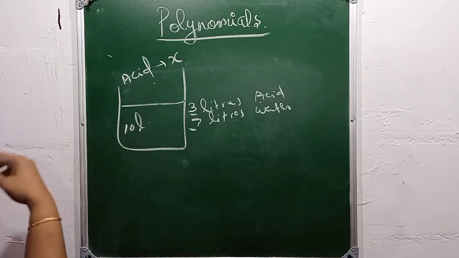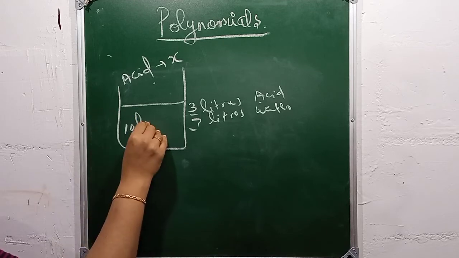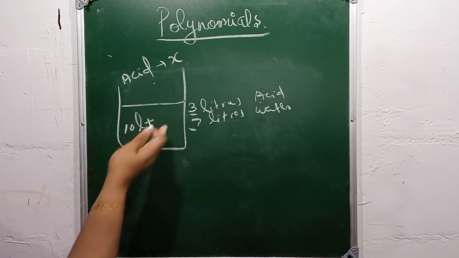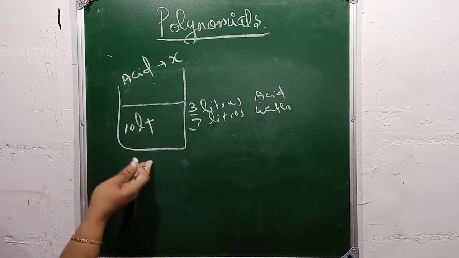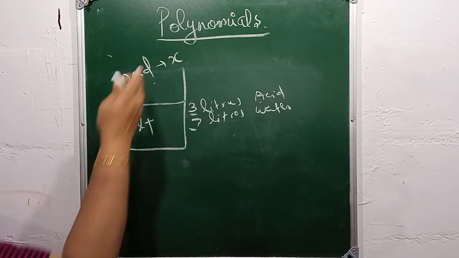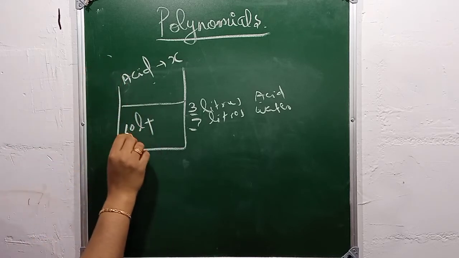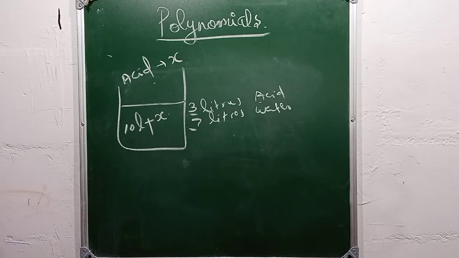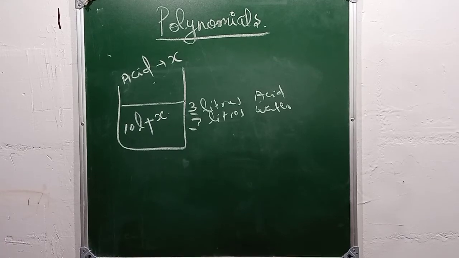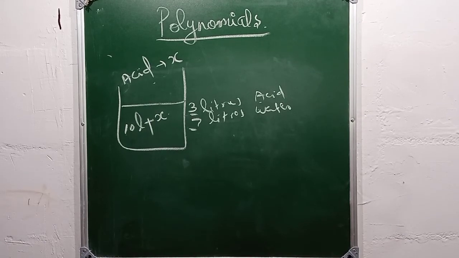Okay, so what is the increase in solution here? That is, already 10 liters of solution is there. So x liters of acid is also added to this solution. Then a total of 10 plus x liters of solution is there in the vessel. Okay, so what is the relation between the amount of acid added and the change in percentage of acid in the liquid? Here we take the amount of acid added to the solution be x.